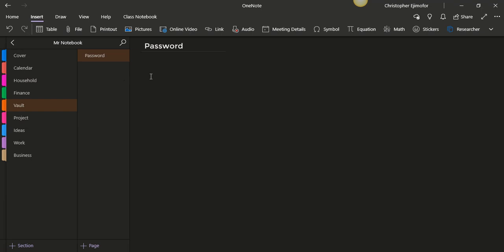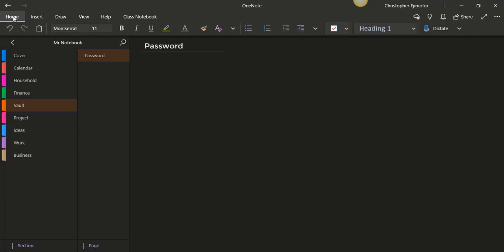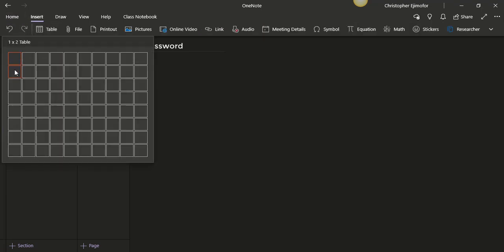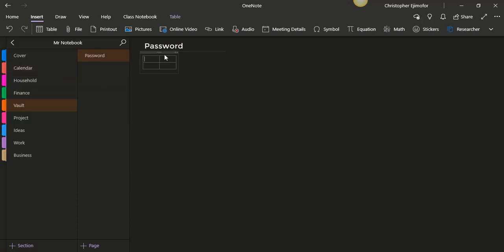All right, so here you want to create the password page. So what you want to do, you want to go to insert. If you are home, you want to go to insert and click table. Now you want to go 2 by 2, and you click on that, and right here you drag down and you click out of it, just expand that and expand that. And you can expand it based on your password needs. All right, right now all you do is you click out of that and you just type in whatever